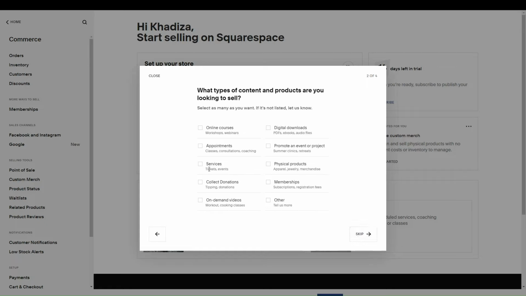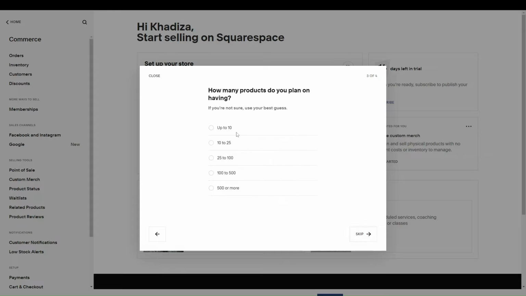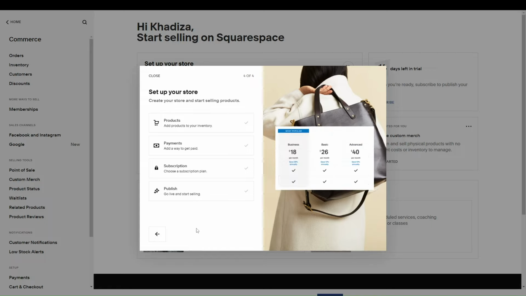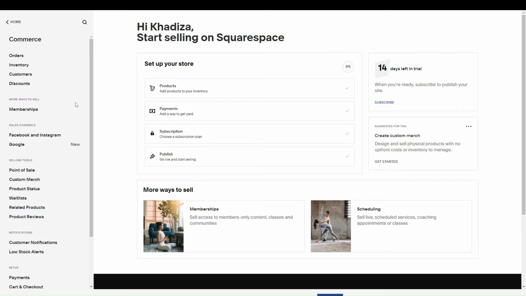And it'll ask you what kind of products. So for example, if you're selling physical products, online courses, digital downloads, things like that, and how many products you're planning on having. And you'd select all of these and essentially start setting up your store. It gives you sort of checklists. So you can see now we've got the commerce settings, and you can see this checklist as well. So the first thing you need to do is add your products, set up your payment, choose your plan, and then publish. So if you go into products, just in the left here, that's under inventory,